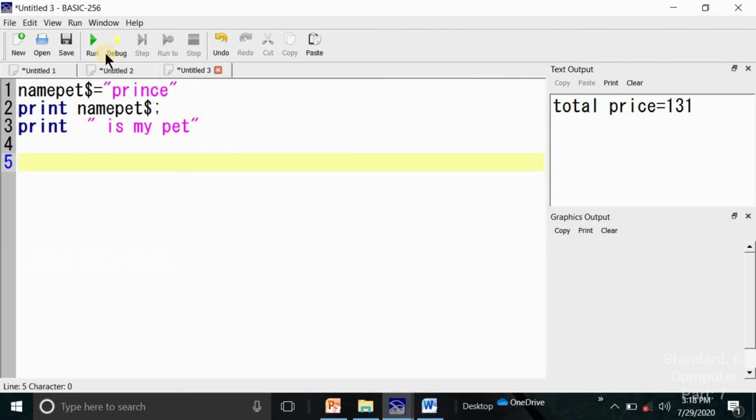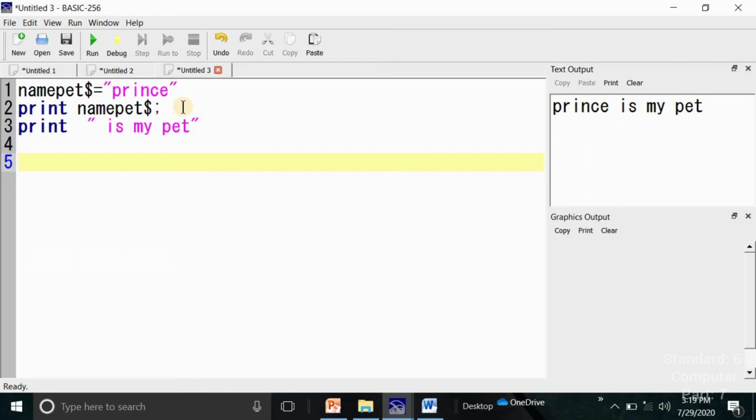Let me run it for you. Prince is my pet. Prince is my pet is in the same line because in the second line a semicolon is used at the end. So the words "is my pet" come only along with Prince.